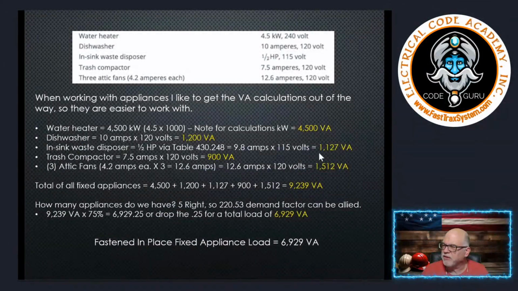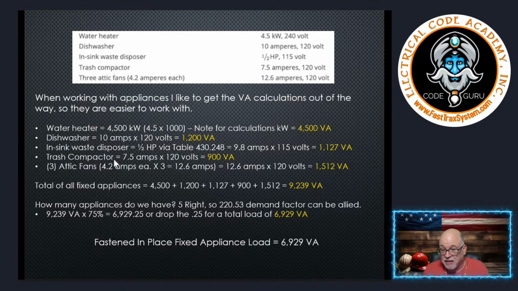So we see that it's 9.8 amperes, and we're going to be multiplying it by 115 because it says it was 115. So we're going to use the 115. In our case, just double check their math, 9.8 times 115 is 1,127, and that's what we're going to use. So the next one's a trash compactor,